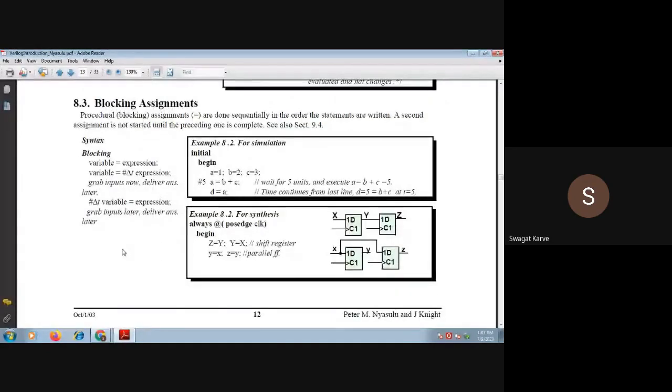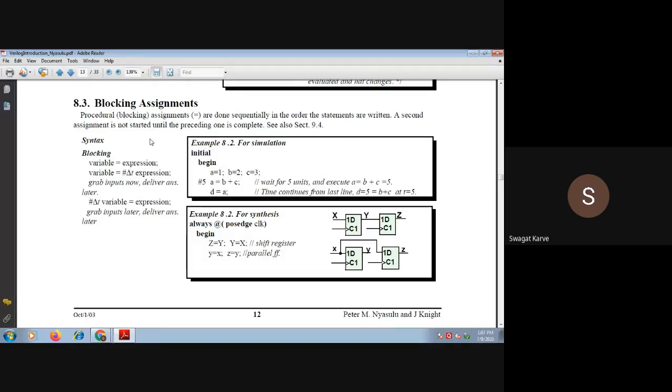The next part is the blocking assignment statement. Now, how to use this blocking assignment statement? Always remember, blocking and non-blocking are the two types of procedural assignment statement, and these both are executed concurrently. Now, blocking assignment statements are done sequentially, in the order the statements are written.